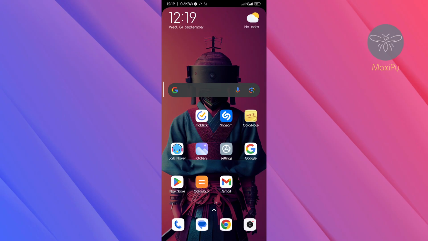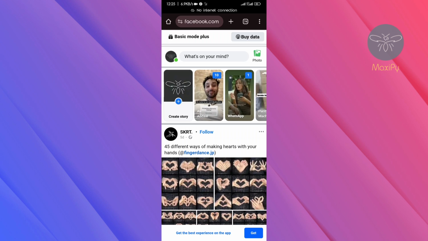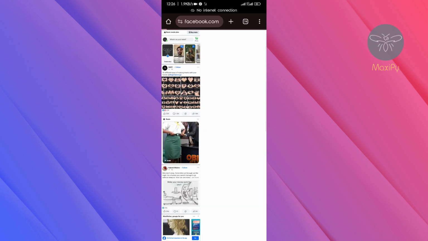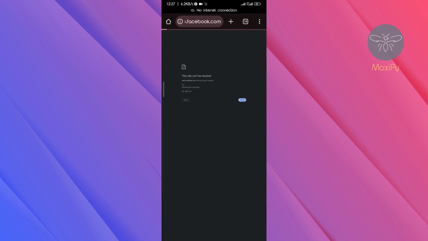I'll need to go to my browser. Any browser can work. So you are going to head over to your Facebook account, and what you are going to do is utilize a feature in the Chrome browser or any browser. Any other browser has the feature. You're going to click on the three dots, the menu of your browser, and then there's a feature here called the desktop site. You are going to tick that checkbox, and you're going to experience a shift in how the